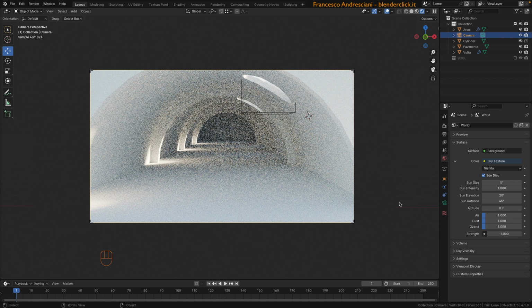Here's what I invite you to do: experiment with geometry and light. Do all the experiments you can think of. So perhaps add more elements in the arcs. Try creating more holes. Or scale or rotate the cylinder we used to open the windows in the vault. Try varying the sky texture parameters here on the right. See what happens and try to understand how the light changes the result of our scene in a profound way. Finally, don't forget to save this work, because we may reuse it later to explore further aspects of using